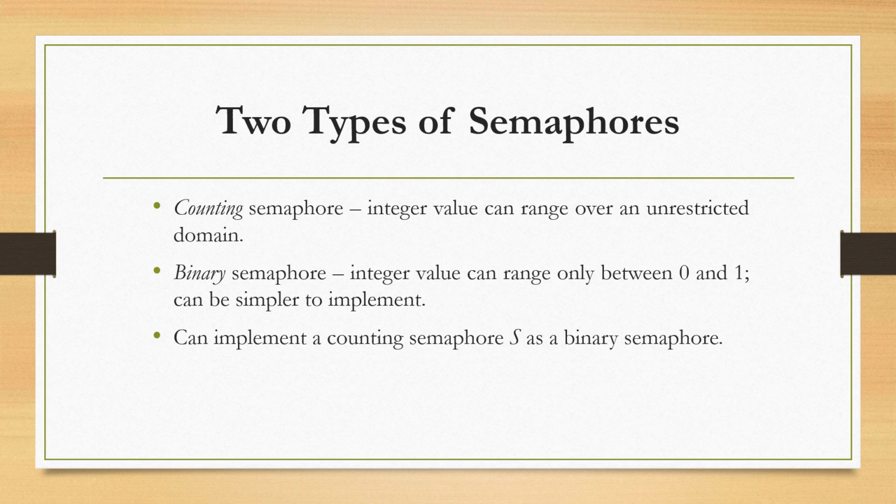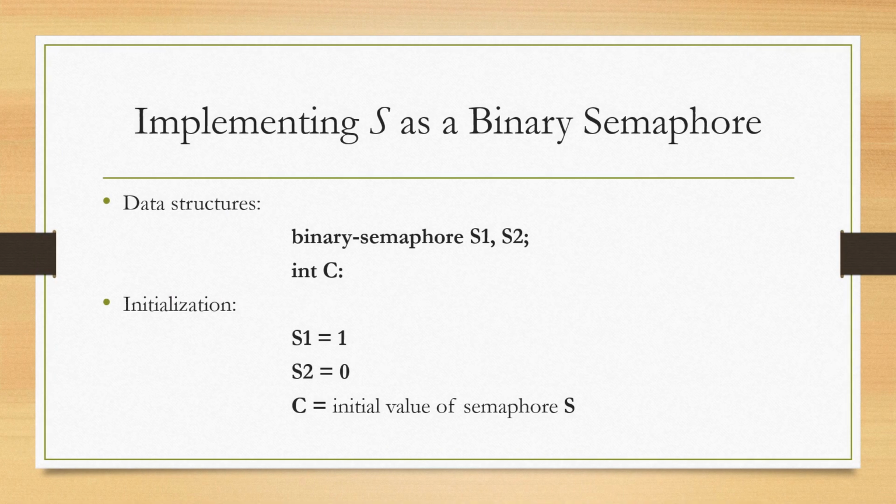Both types of semaphores are critical for preventing race conditions and ensuring proper synchronization in multi-threaded or multi-process systems. A binary semaphore is a synchronization tool that can only take two values, 0 or 1. It is primarily used to implement mutual exclusion, mutex, to ensure that only one process can access a critical section at a time. In this implementation, we'll use two binary semaphores, S1 and S2, and an integer to manage the